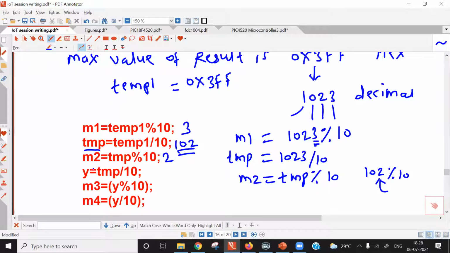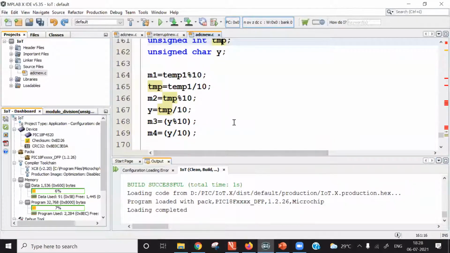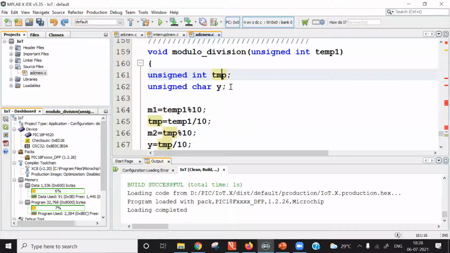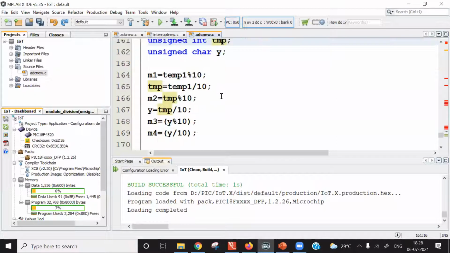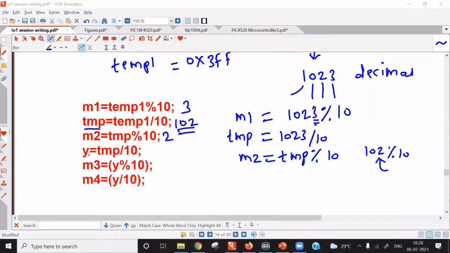Then next, what is done? One more variable is used, an intermediate variable, and that is character type, because after separating out 2 digits, it is expected that our remaining result is in character form. So this variable is y. It is unsigned character. What is done here? Conventional division is done. That is y is equal to temp divided by 10.